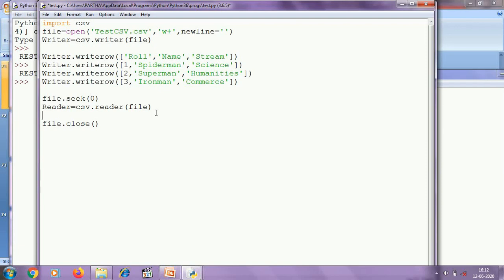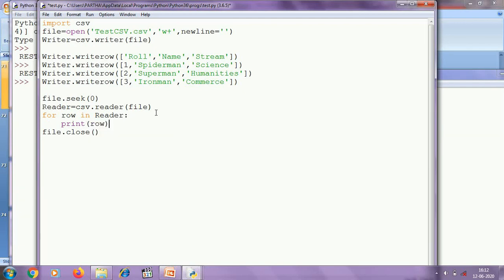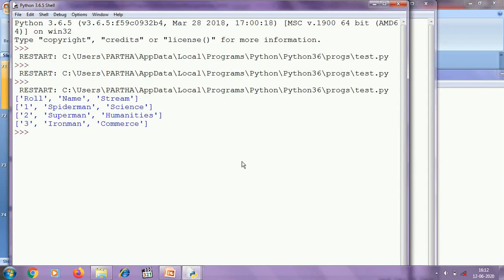If we iterate over this reader object we can get the lines of the CSV file one by one. So I am writing for row in reader, and then print row. Let's check the output. You can see after writing it is displaying the records.